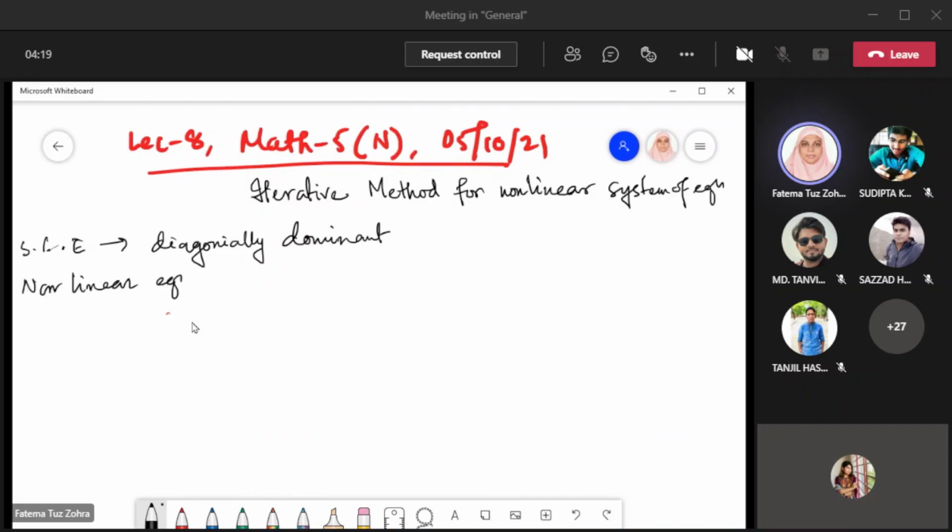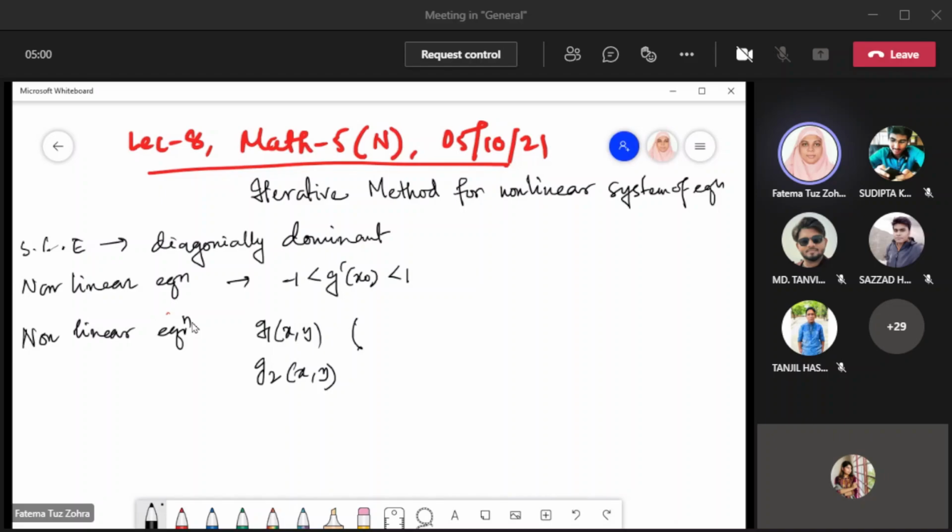Then we have the next one, that is the nonlinear equation. Then the condition was that g prime at x naught, that is the iterative function at the starting point, should be in between -1 and 1. If it is in between -1 and 1, then it will converge. That means we can use that equation to find the root. So for nonlinear systems, what will be the difference? Obviously, I am going to have two equations, say g1 and g2, and we will have more than one variable, say x and y. They can also be x, y, z.